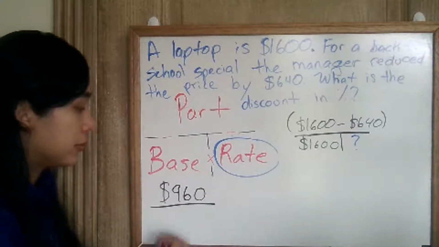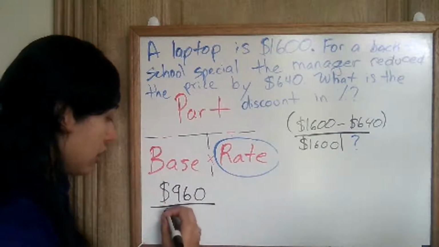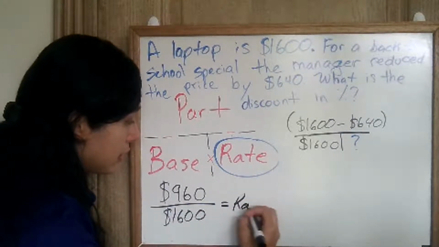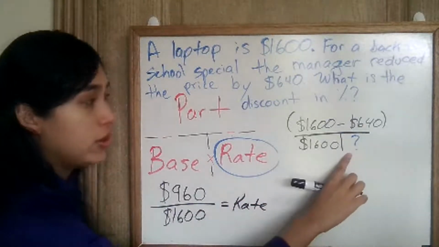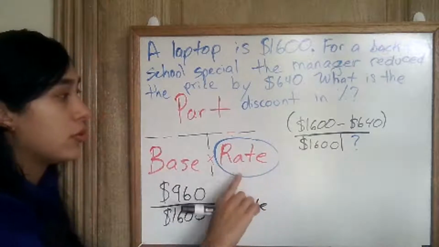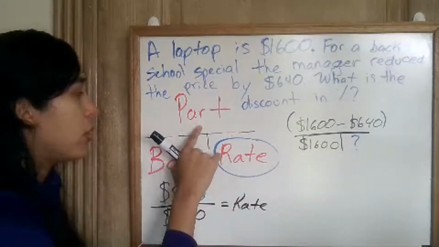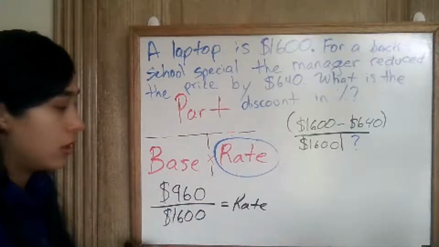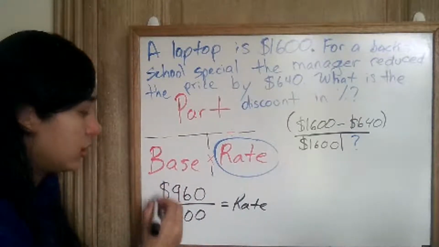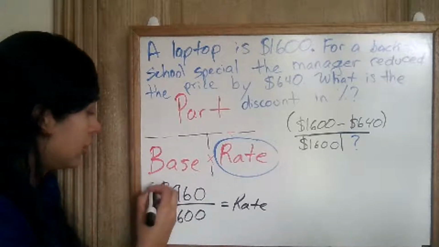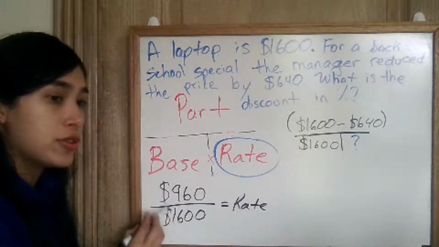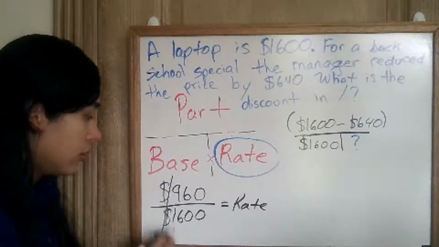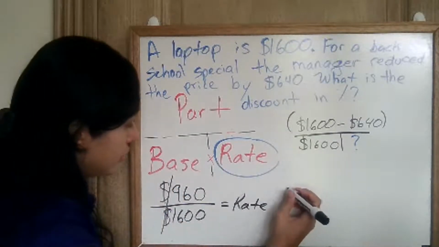All over our base of 1600. That is going to equal our rate. Right here, we're at unknown because we know following this formula, if we're looking for our rate, part is going to be divided by base. Going ahead and doing that. Rate doesn't necessarily deal with money. Also, since we have two different units dividing each other, we go ahead and cancel the dollar sign. And now we're going to divide 960